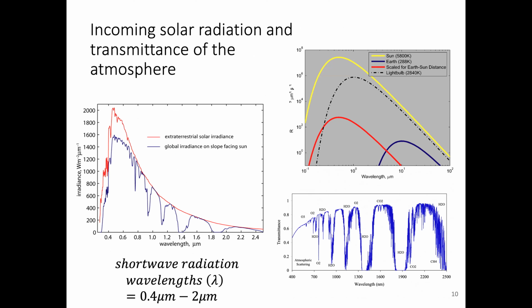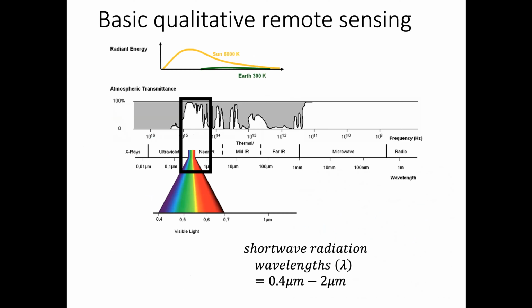To connect that with our previous lecture, here's a slide you've already seen. Looking at the yellow line in the upper right, recall that the sun's energy peaks at 0.5 micrometers. On the left is the graph that I discussed when talking about optical remote sensing and the shortwave and infrared spectrum, which is primarily solar radiation. To revisit another graph we've seen in the first lecture, it's the part of the electromagnetic spectrum in the black box here, a subset of what is used for optical remote sensing. To explain the electromagnetic spectrum a bit more,